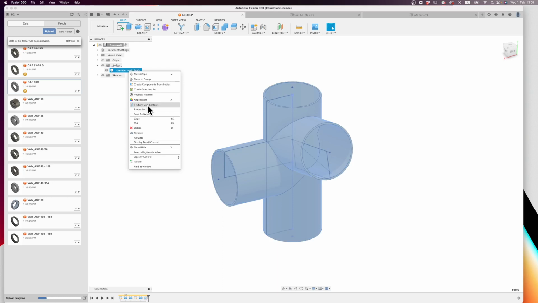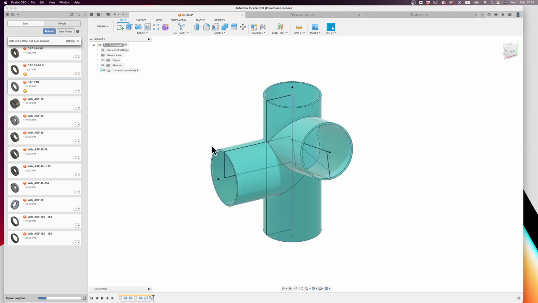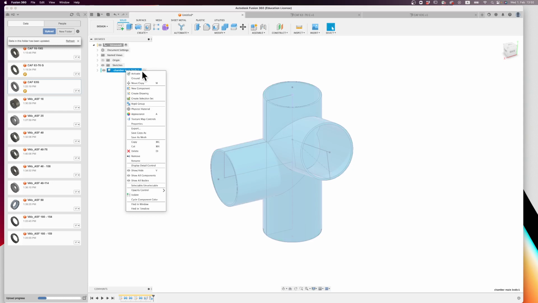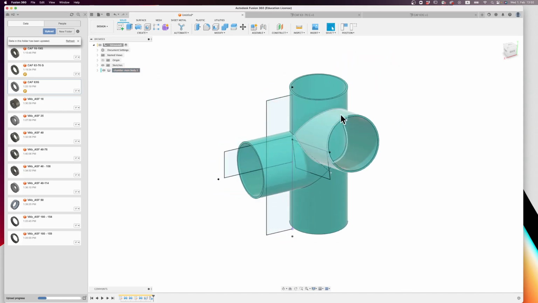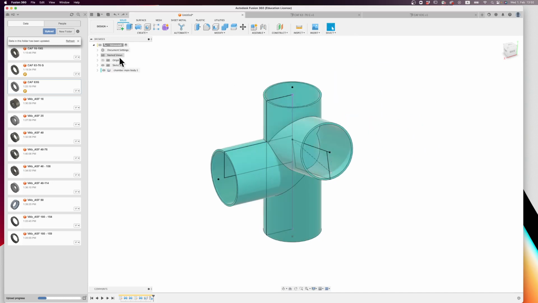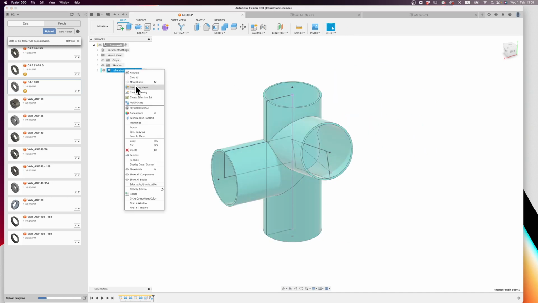So we're going to go and create components from bodies. And now we've got a new component, called chamber main body, and it contains exactly that body. And we need to fix that in space. Otherwise, right now, what I would be able to do is just move it around in space, which is of course not what we want. What we want is to ground